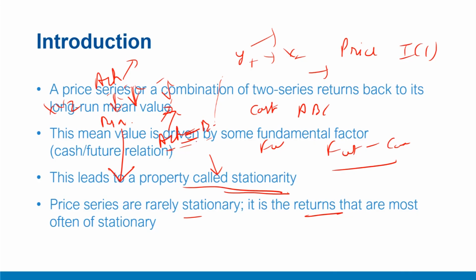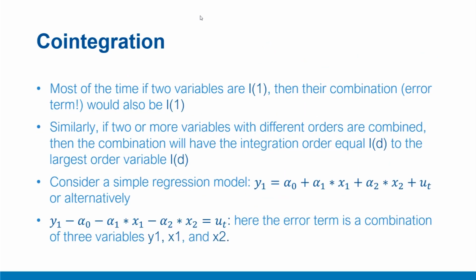That means their combination, which in this case is the difference between ask and bid, can be in any form. A linear combination can be in any form. In this particular case, it will be the difference which is stationary. Let us look at the mathematical notations and understand the concept of co-integration in more detail.